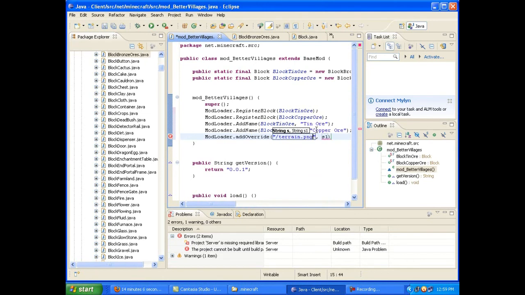terrain.png. Terrain, because that's the name of, I'm not sure if this is capitalized or not, I'll have to look later. Terrain because that's the name of the png file inside of Minecraft where it stores all of its textures. So everything from furnaces to grass to bedrock is all stored on terrain.png. Of course, our texture isn't going to be on terrain.png, so we're going to add an override. And instead, we're going to,